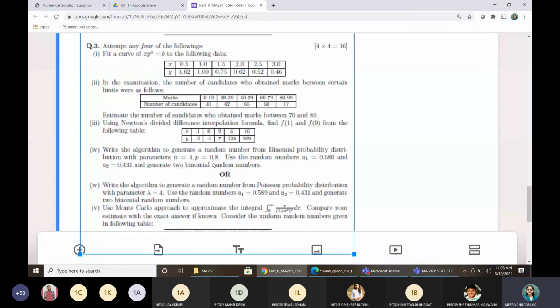And for this too, the entire solution was given, but one thing is there. In the fifth one, where you are asked to approximate the integral, many of you have just found the mean and the answer of the integral, right? In that case, you will get only half of the marks, because actually you are asked to compare your result with the exact answer also, and here the Monte Carlo approach has to be considered to approximate this one. So that is the entire solution about unit test 1.